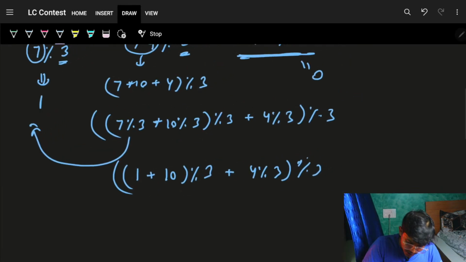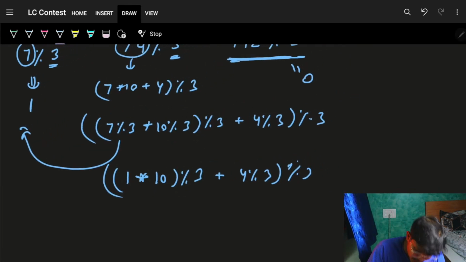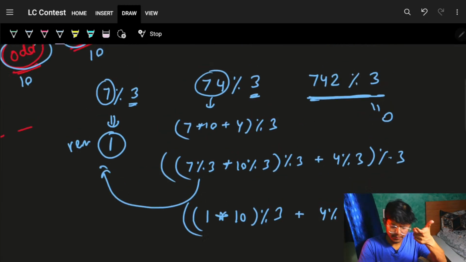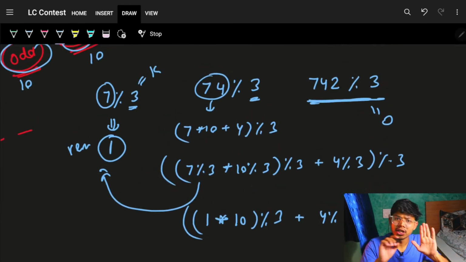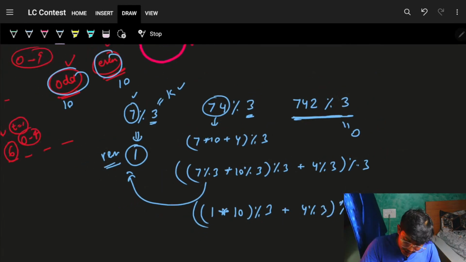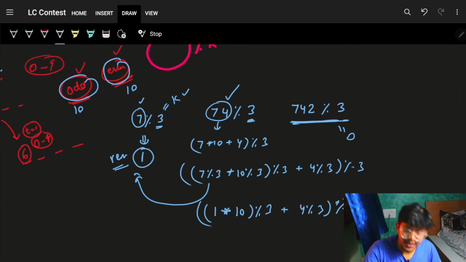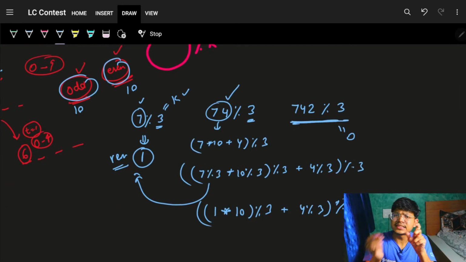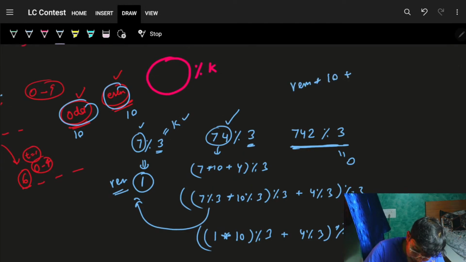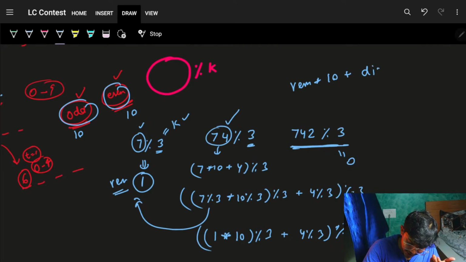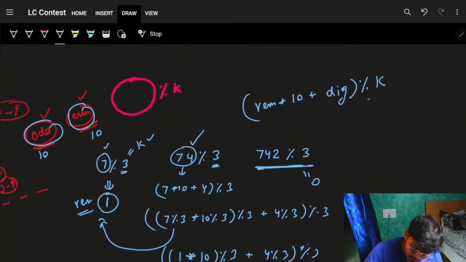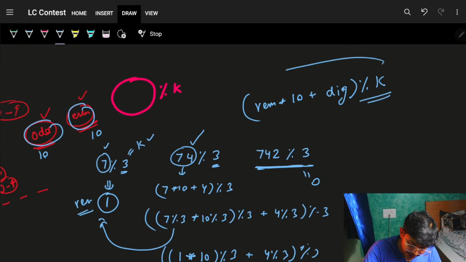So you saw, sorry, it was a multiply. So you saw the previous remainder. When I say mod 3, 3 is actually k. So number mod k is actually a remainder, right? So what I'm doing is, as I'm appending the next digit, let's say 4, I will take the remainder into 10 plus that digit, let's say dig is my digit. I'll do a mod k to find the new remainder,